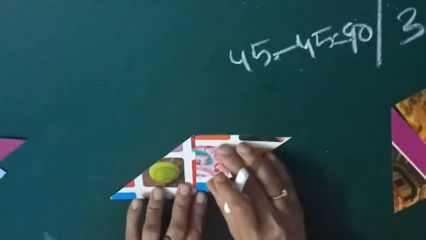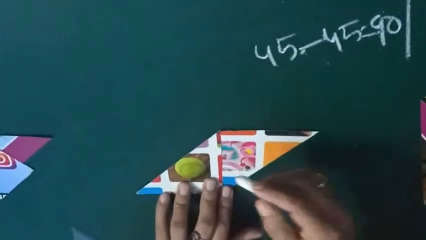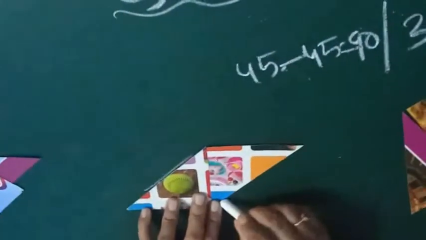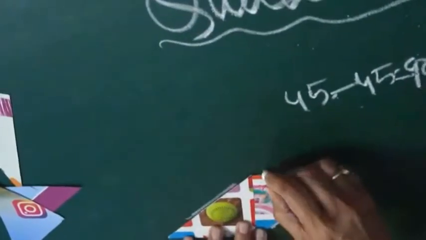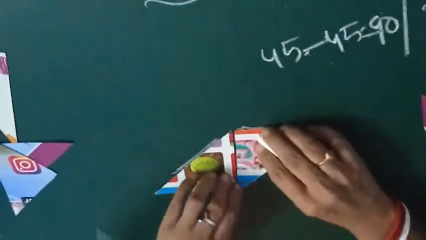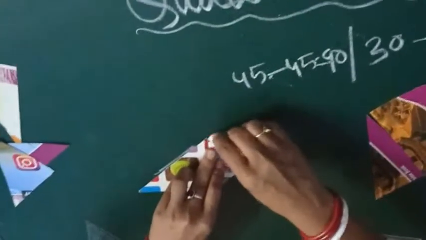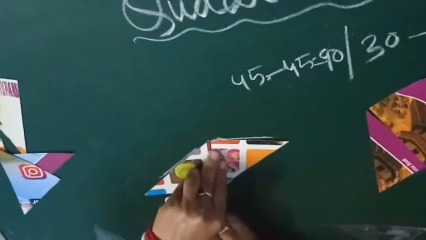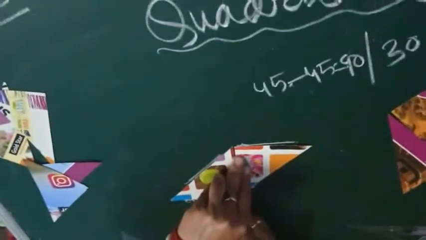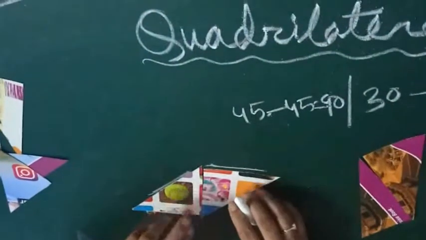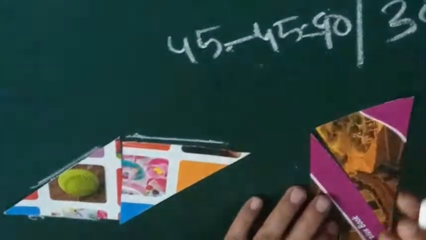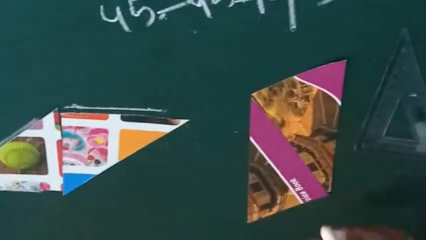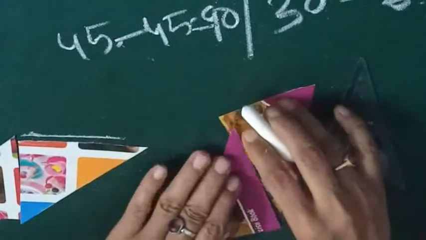But you have seen one more thing here. Have you noticed that the opposite sides are parallel? The opposite sides are parallel here. In this shape, if you observe keenly, you can see the opposite sides are coming parallel. Here I have also made another parallelogram by cutting the 30, 60, 90 set square, using this one. Okay, here also you can see the angles.